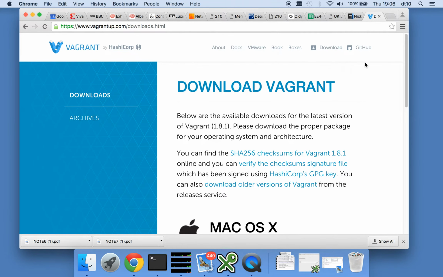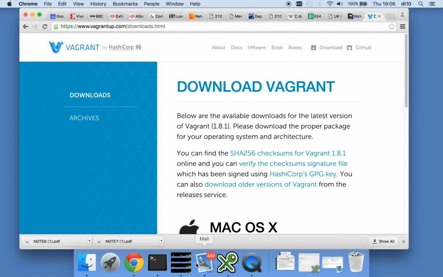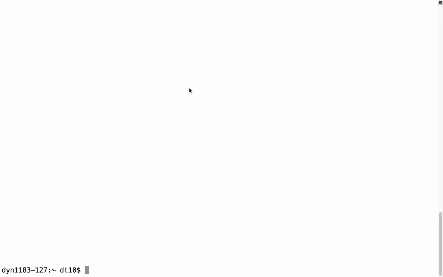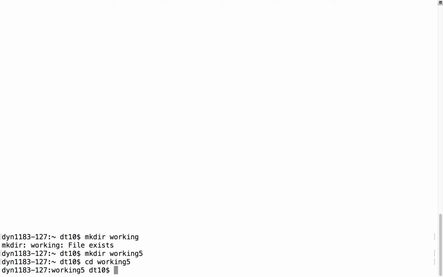It doesn't care what virtual machines. So you can get it for OS X, Windows, all of these platforms. So I'm going to use a version of Debian, and well, I'll make myself a directory. Oh, no, call myself something else. I'm going to create a